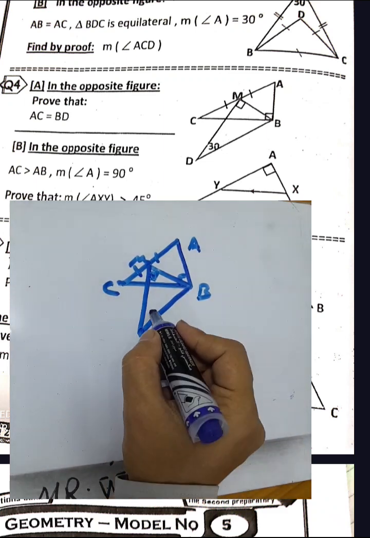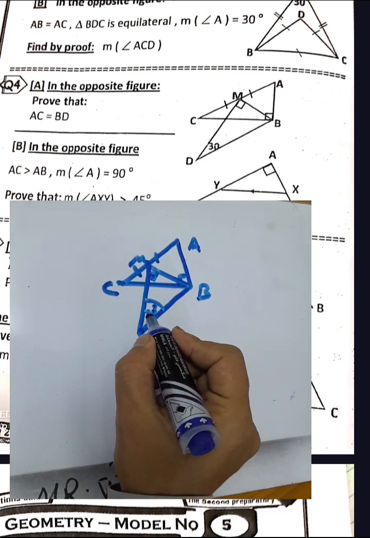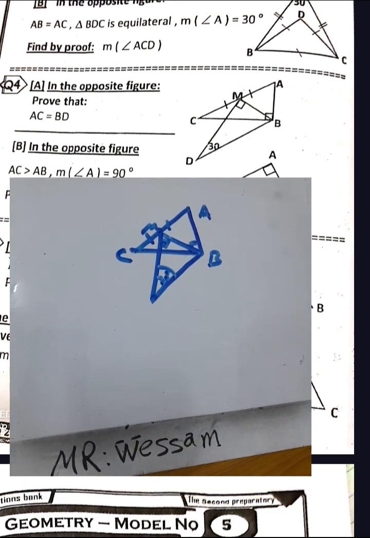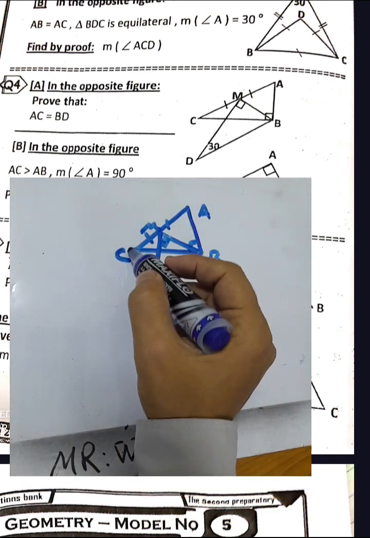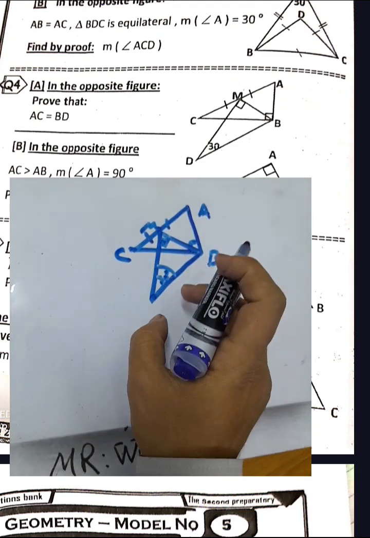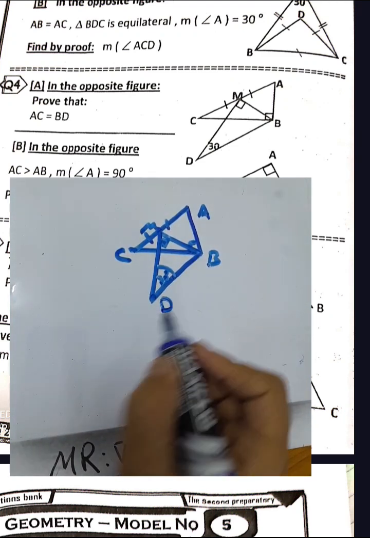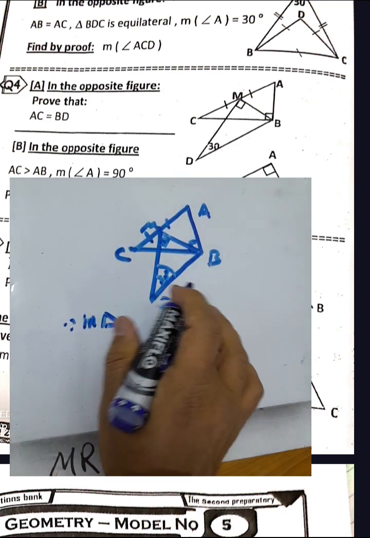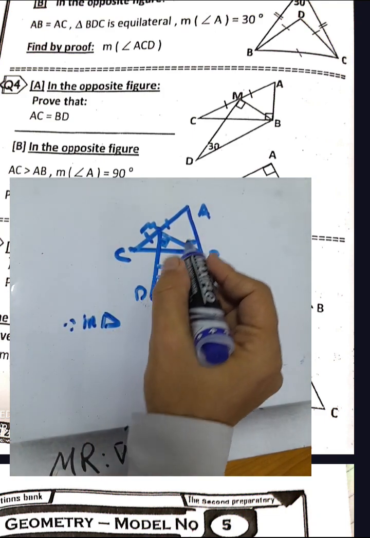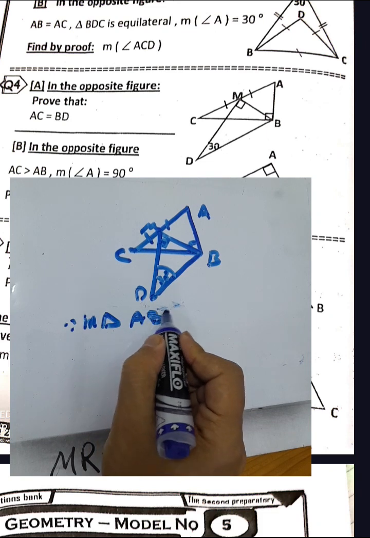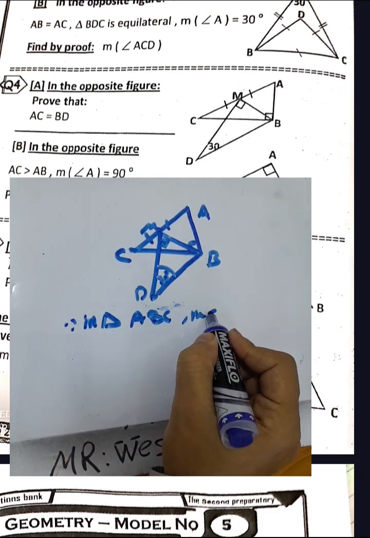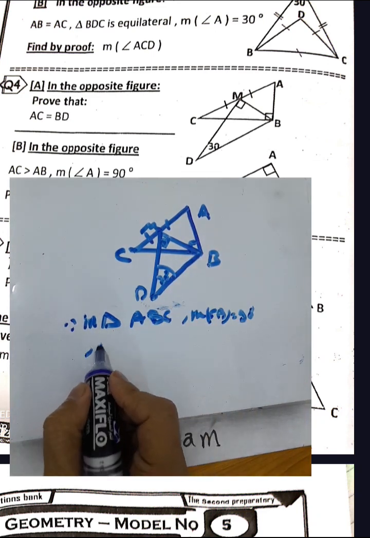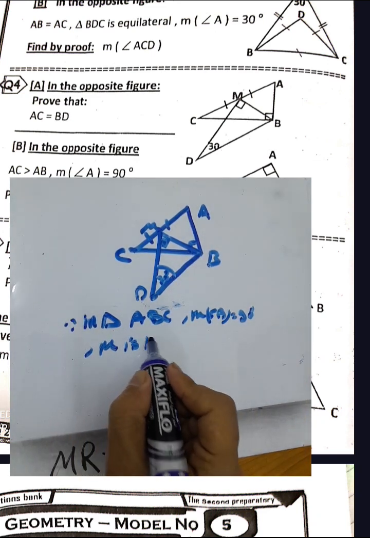And we have here 30 degrees, this angle 30, and you want to find or prove that AC equals DB. Okay, first step, such that in the first triangle ABC, we have the measure of angle B equal to 90 degrees, and M is the midpoint